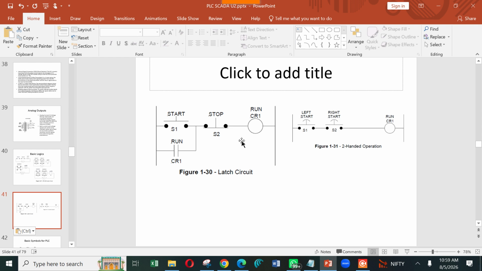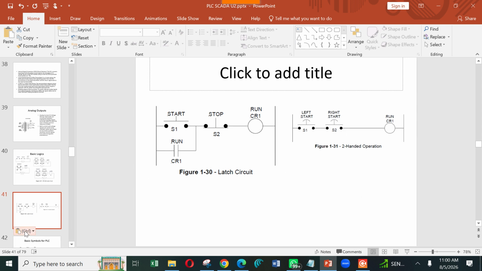So any doubt on this? You can realize this only if you practice in the software. Already I told you to download the mobile phone software for PLC programming learning. There also you can try it, you can check by doing the program. Then you see, this is simply two switches connected in series to switch on a coil. So this is basically called two-handed operation. It's also called AND logic. So any doubt on this?